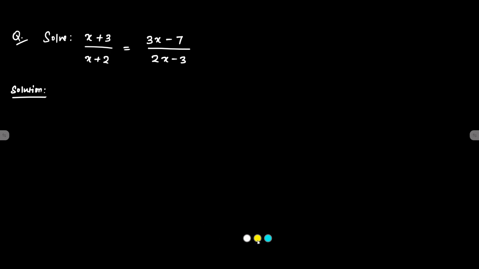So we are provided with the equation (x + 3)/(x + 2) = (3x - 7)/(2x - 3). Okay, so now when we perform cross multiplication, that implies, by cross multiplication,